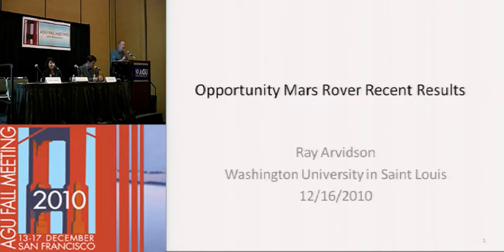What I want to do is come back to the science, and Janice mentioned that there are ancient rocks that seem to have formed in a pretty neutral pH, water-rich environment, the clay minerals, and Opportunity is poised in about 6,000 meters to get to those rocks on the rim of Endeavour, but